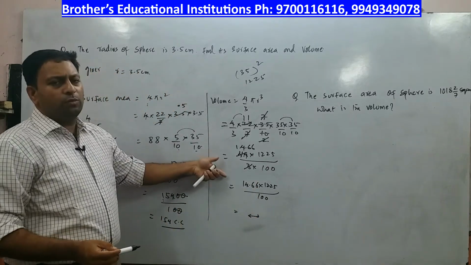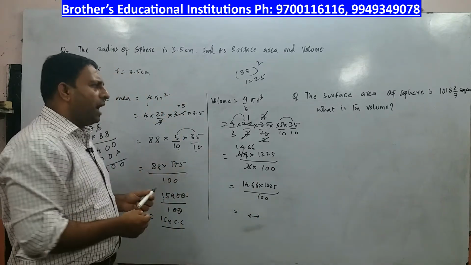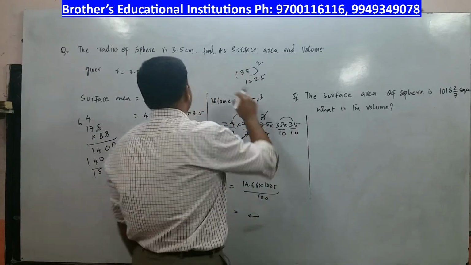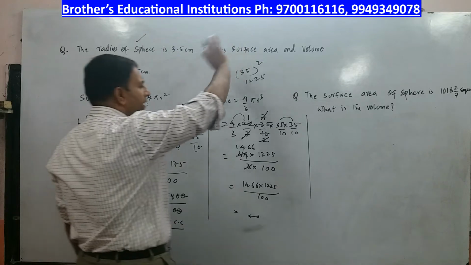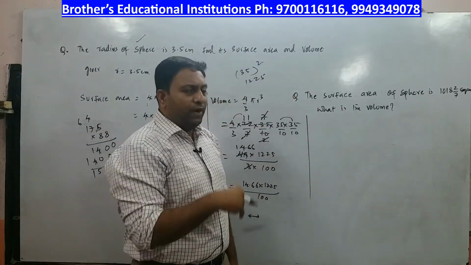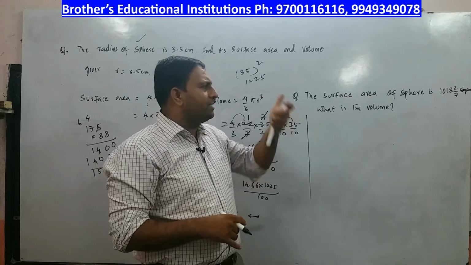So this is the volume of the sphere. Let us move ahead and in one shot try to cover the next problem also. See, in the previous case, the radius was given and you can find everything. Now, radius is not given. He is asking you to find the volume. In order to find the volume, you need radius. To find radius, some condition should be given.